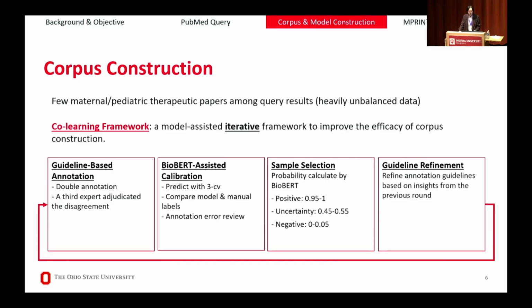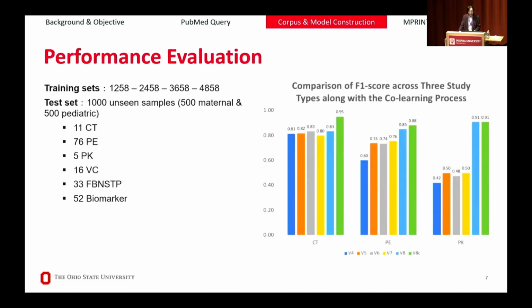Within this loop, the annotation guidelines were continuously updated. So this process made our guideline capture our labeling objective better. And the calibration stage gives us a chance to find potential annotation errors and also adapt to the updated annotation guideline. So here we use a 1,000 randomly selected external test set to evaluate the performance of the co-learning process and check the performance of the model, a model we will then use in the